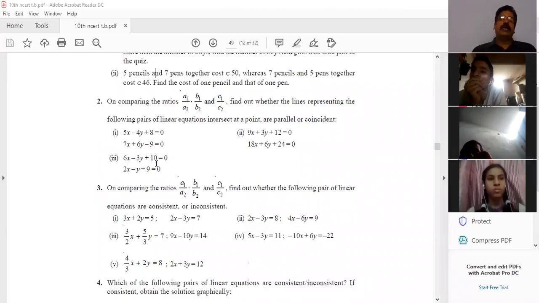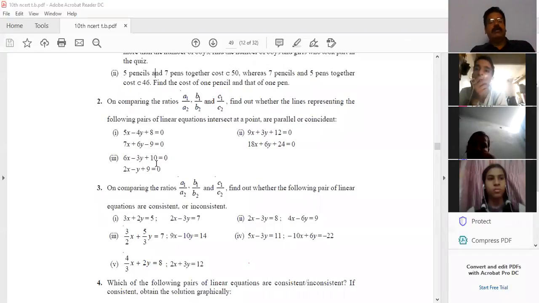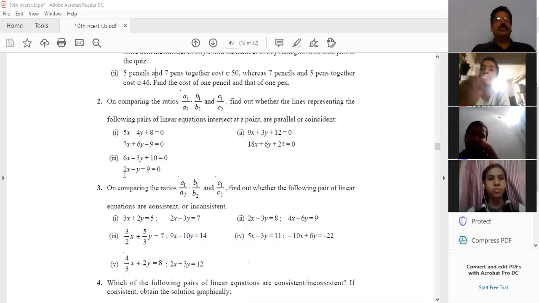Like that, by ratio you have to compare. Okay? Understand? Yes, sir. Second bit only, just by seeing ratios only. Anyone with a doubt, you can raise your hand. Taking A1, A1 means 6, A2 means 2. A1 by A2 is 6 by 2, 3.